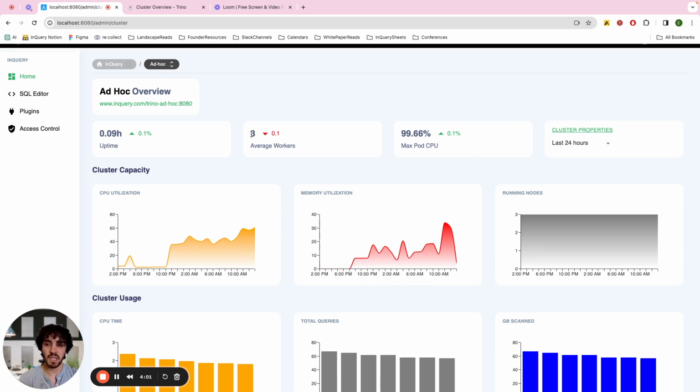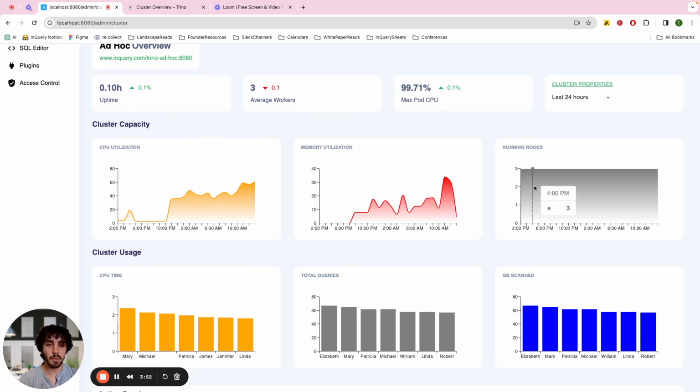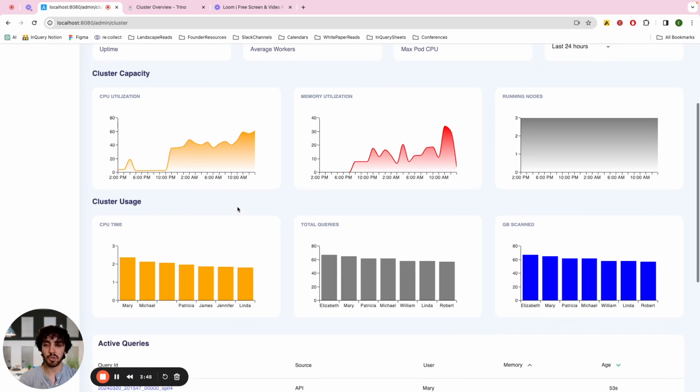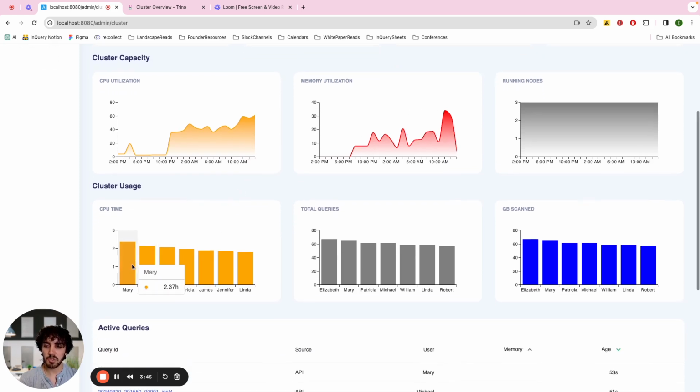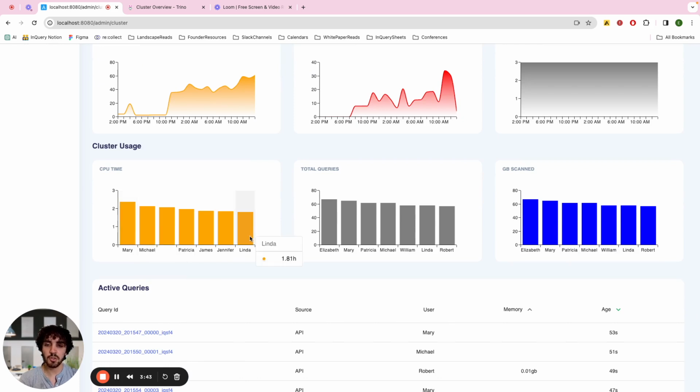So here you can see the same thing. We have 3 active workers. You can see the uptime over the past 24 hours, as well as the max CPU. We can see again how many nodes are running at any given point in time, and how much CPU and memory they're using. One thing that's particularly exciting here is we can actually see who's running queries, and this is